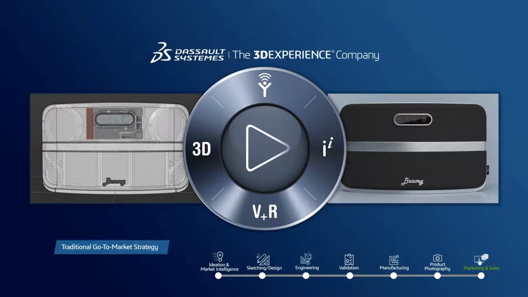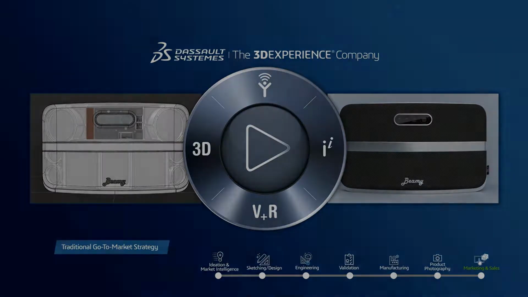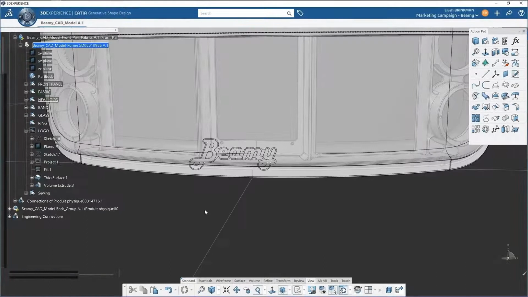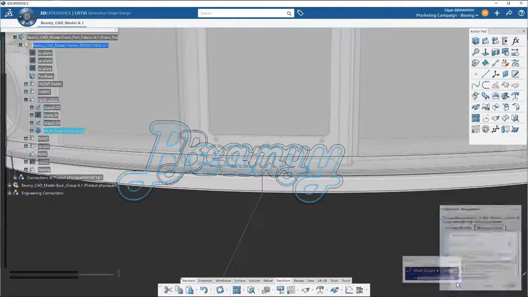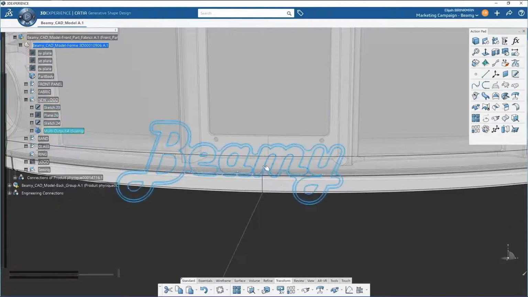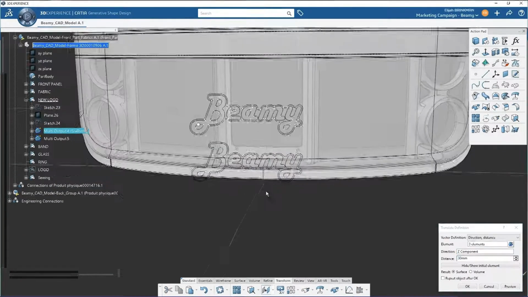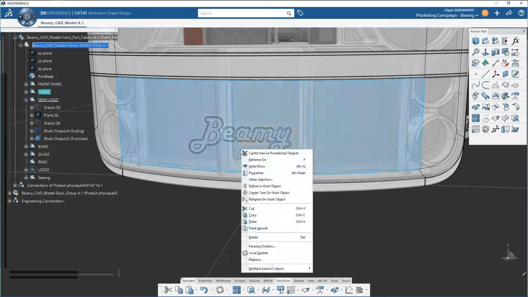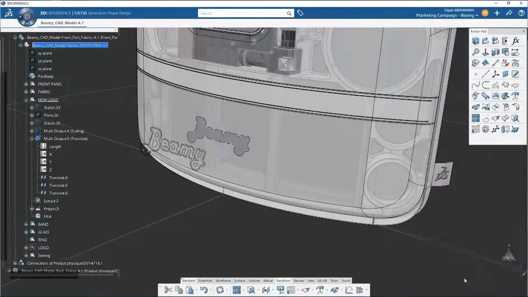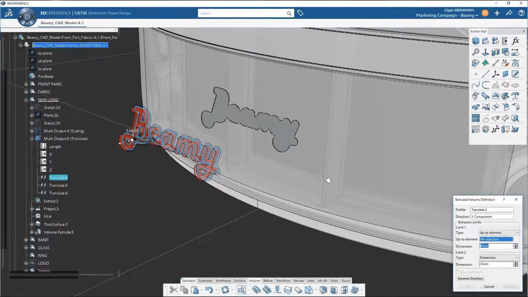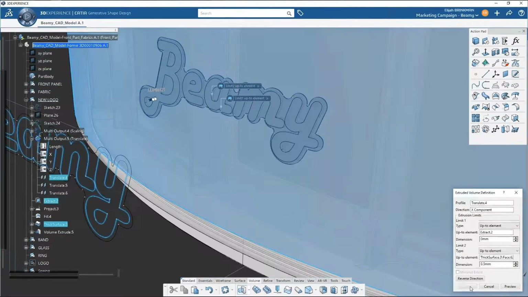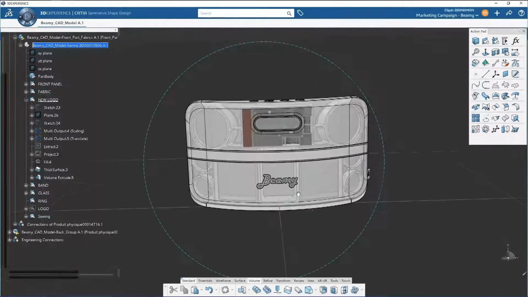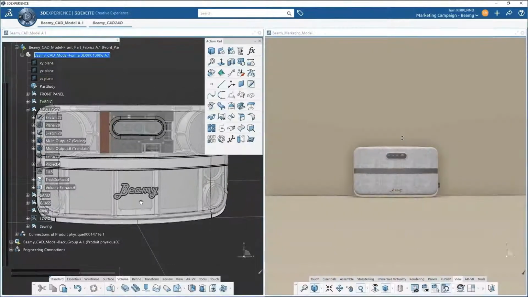To even better illustrate this connection of the 3D Experience twin, let's go back and visit Elijah in the engineering department. He's currently in the process of finalizing the new product update on the CAD data, where he's changing the Beamy logo placement and enlarging it, per the direction of the team. On the right, we can now see Tom, who is working with the marketing model. Once Elijah is finished with the product update on the CAD data,